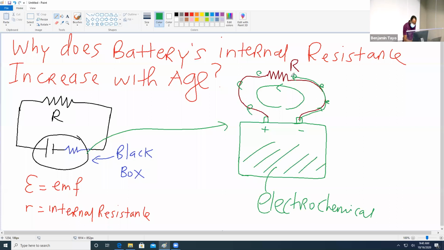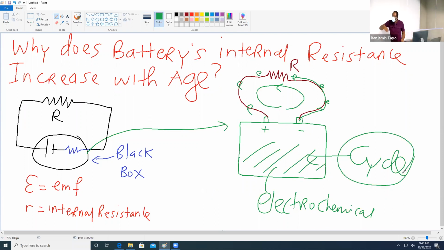Now, because this is happening in a cycle, it's a process that is just going on repeatedly, right? So for example, when you charge your battery, it goes to 100% charge. As you use that battery, as you use your cell phone, that battery is going to drop and drop and drop. The key point is that